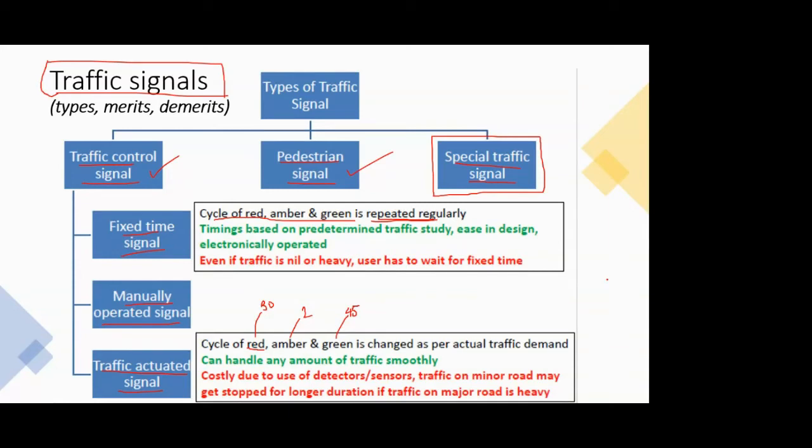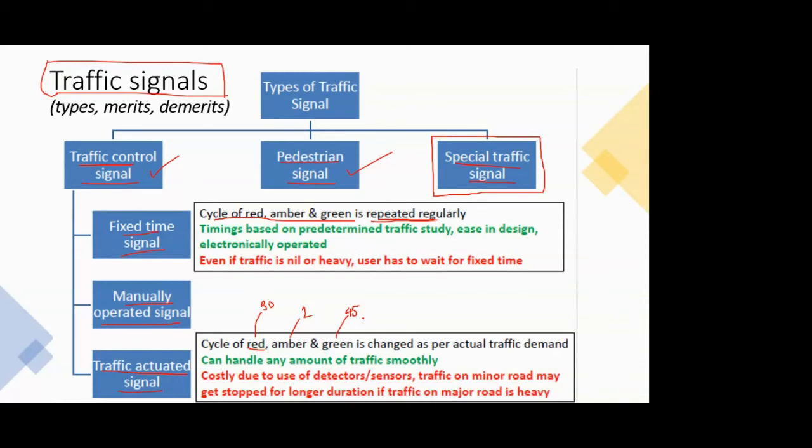But it doesn't make sense that the road is empty, there is no vehicle on it except your vehicle. So why stop there? So your argument is correct, and there you can have such actuated traffic signals. What these do is, cameras are installed with different perspectives, so that different views are seen of all the roads and all the vehicles coming towards that intersection, and then sensors are installed so that the traffic or the movement of the vehicle is counted.